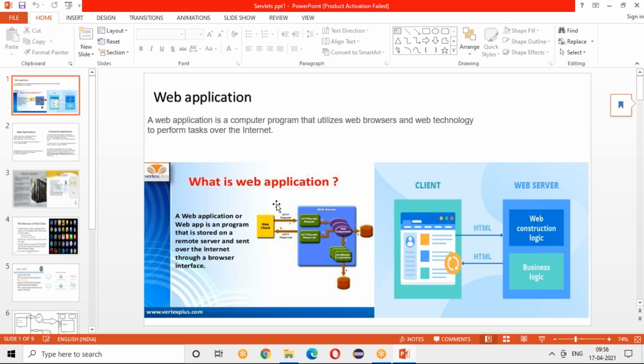The data is something which is stored in some server or some place, which will be sent back to your client. The request always goes in the form of an HTTP request, and whatever response you get is in the form of an HTTP response. So this is nothing but your web server. There are a lot of other things like your client and your web server. Whatever you see in the browser is nothing but HTML, the hypertext markup language.